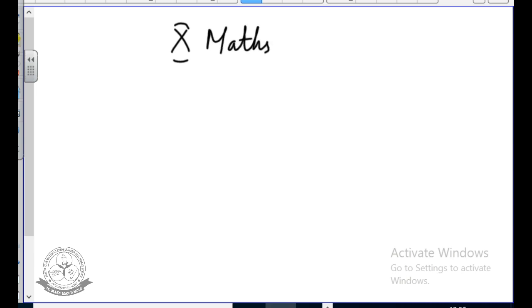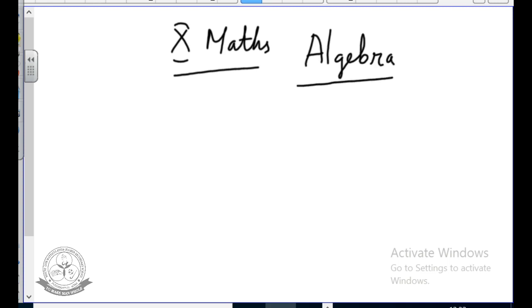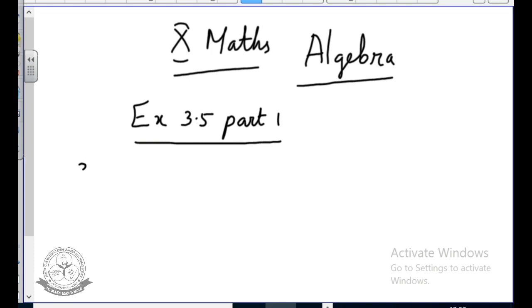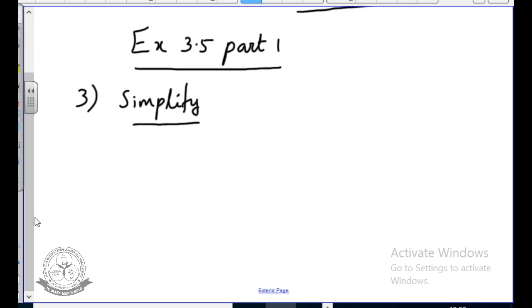Today we are going to see the chapter of algebra. In exercise 3.5 part 1 continuation. The third subdivision, simplify. The first problem,